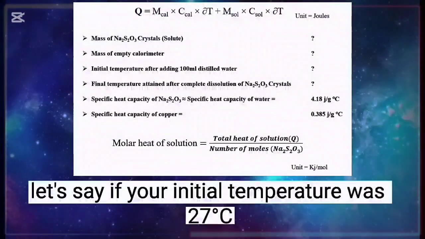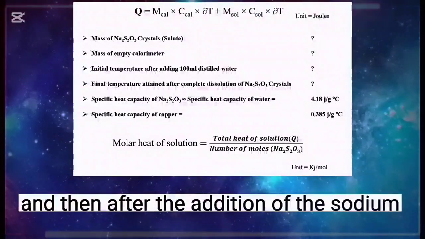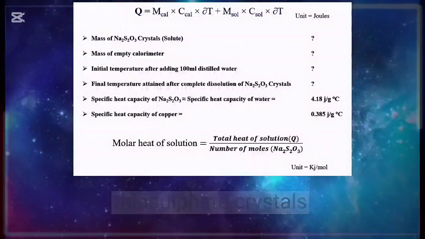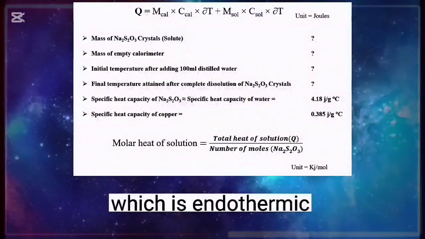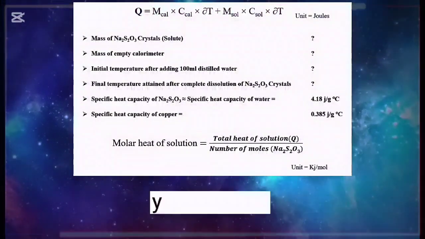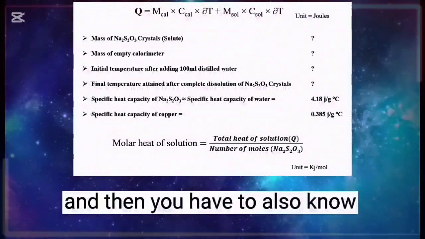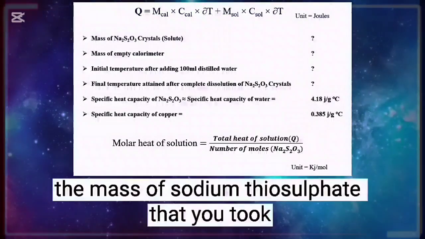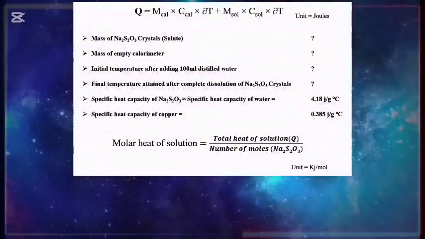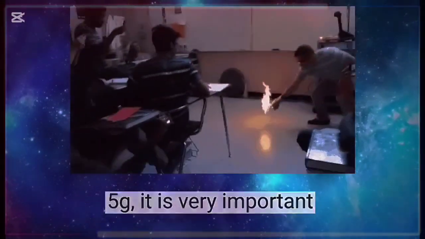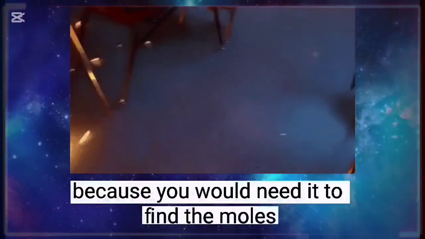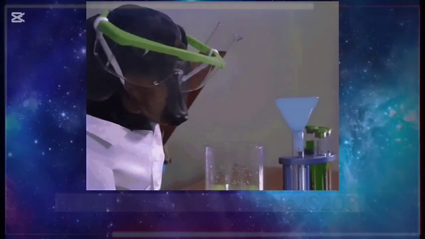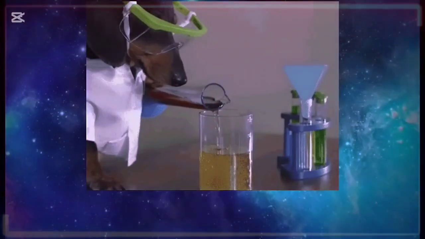Let's say your initial temperature was 27, and then after the addition of the sodium thiosulphate crystals it dropped to, let's say, 20 degrees Celsius, which is endothermic due to the absorption of heat. And then you also have to know the mass of sodium thiosulphate that you took. Let's say it was 5 grams. It's very important. You have to note it because you would need it to find the moles of the salt. That's the moles of the sodium thiosulphate, okay, as you can see here. All right,